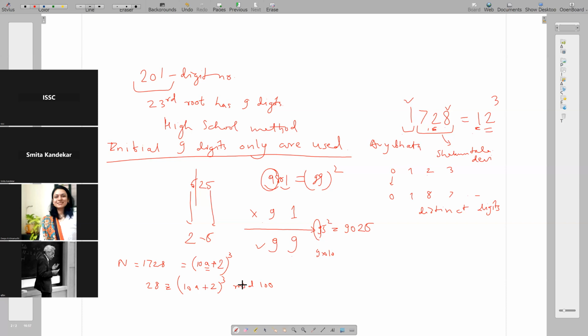Twenty-eight is congruent to 28 plus 2 mod 100. And we can solve this. That is the point, because 3 is relatively prime to 10. So we can see this is congruent to now 10a. So 10 cubed, I don't have to take that; 3 times this square, that also I don't want. So 3 times 10a into 2 plus 2 cubed. This is 28. So therefore 20. So this 28 is here and this is 8 here. So that goes, and therefore we get 20 is equal to